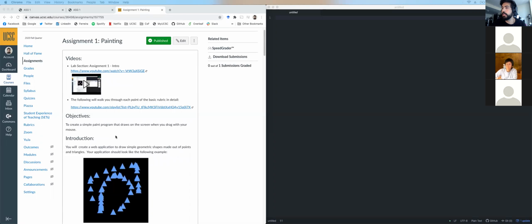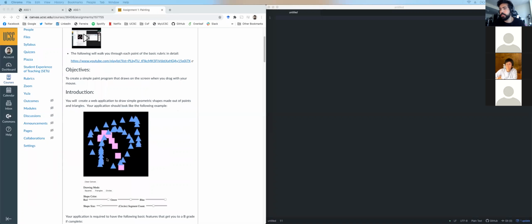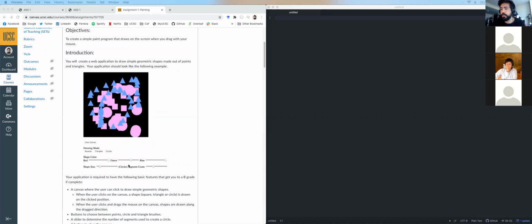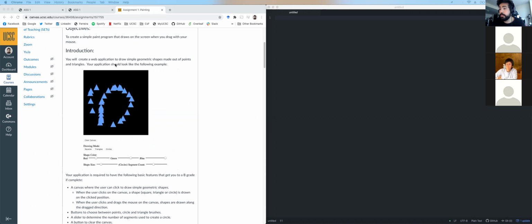So basically, what we're going to do here is a paint application where you can draw simple shapes, and you're going to have a few configurations, UI buttons, toggles, or sliders you can use to configure your drawings. But pretty much you can select squares, or I believe actually that squares are not even